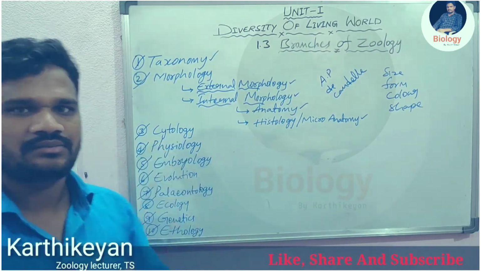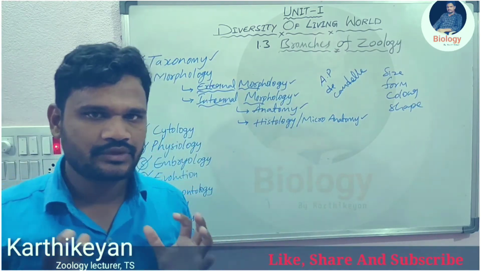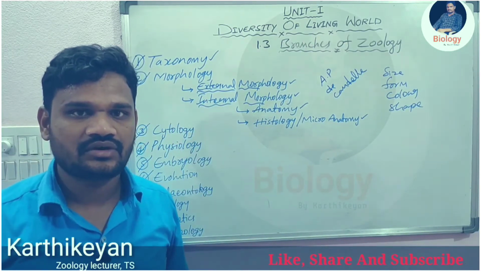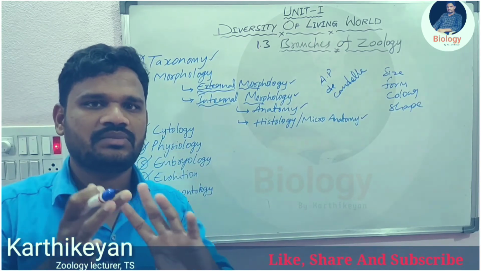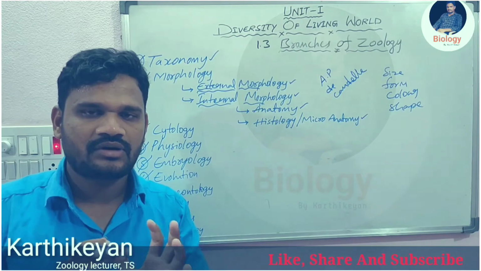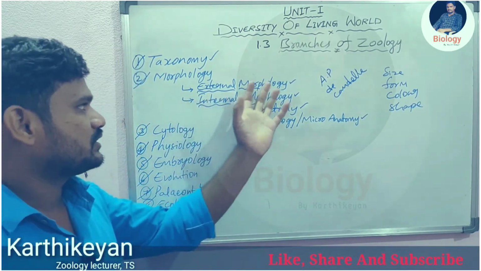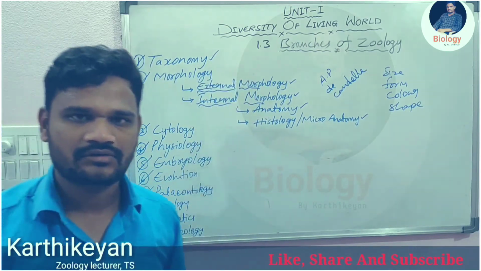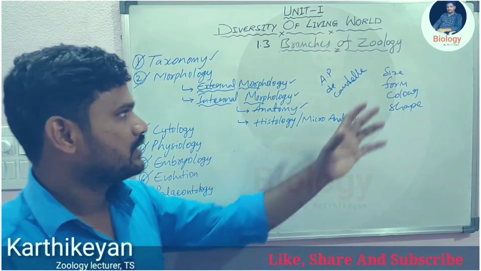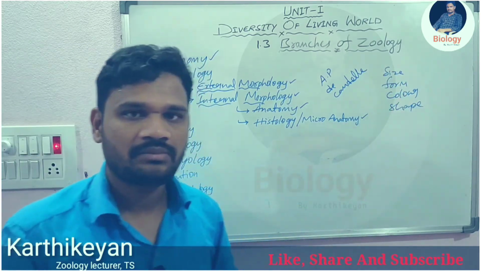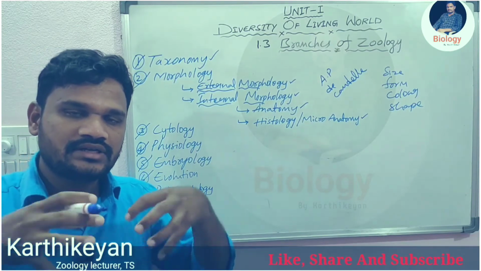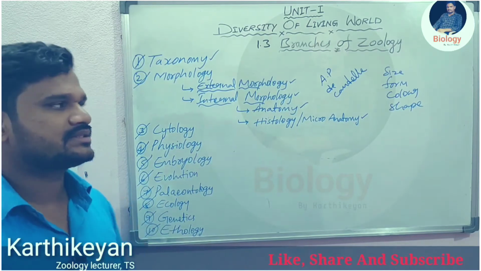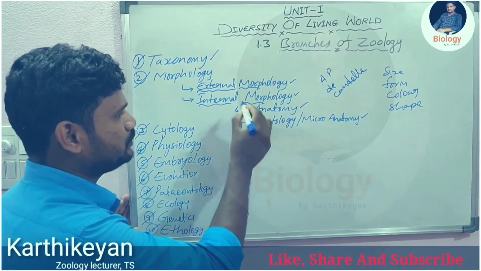Let's see what is external morphology. External means outside, right? Which means external morphology means the study of external features or external characteristics, either it is a shape or color or weight or size, form, all these are studied in external morphology. Right, next internal morphology. Internal morphology means it is the study of size, form, color, shape of internal organs or internal organ systems of an organism. That is internal morphology.